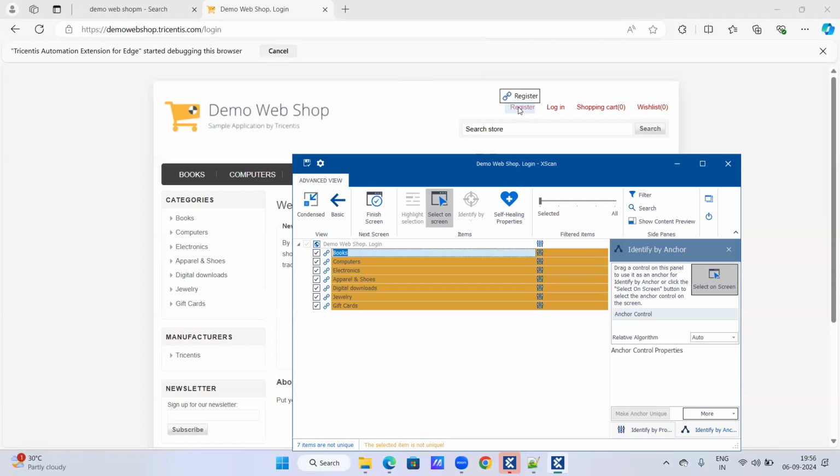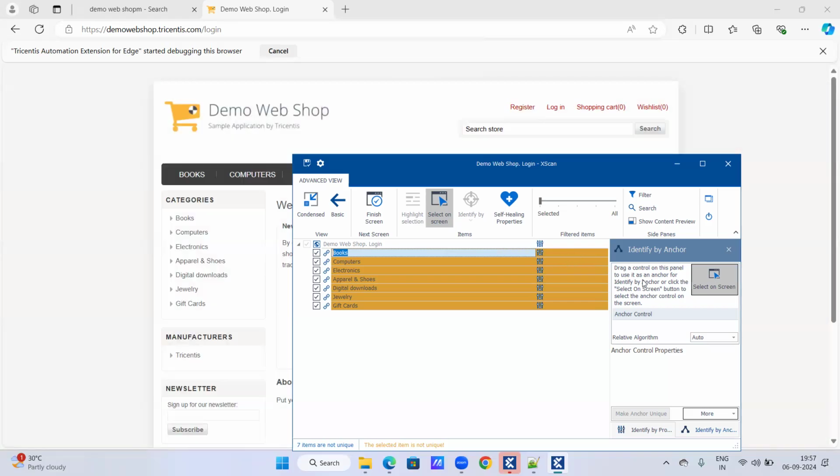Register is the most common and stable thing that will be there, right? Whatever the application URL might be, and however the user interface, the image or the title changes, register will be the common procedure. So what I'm trying to do in this example is take the help of this register. So what I will do,